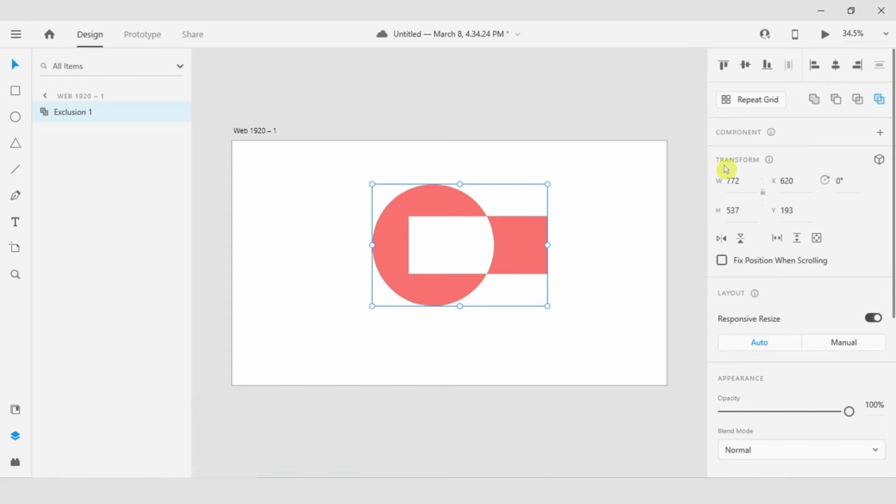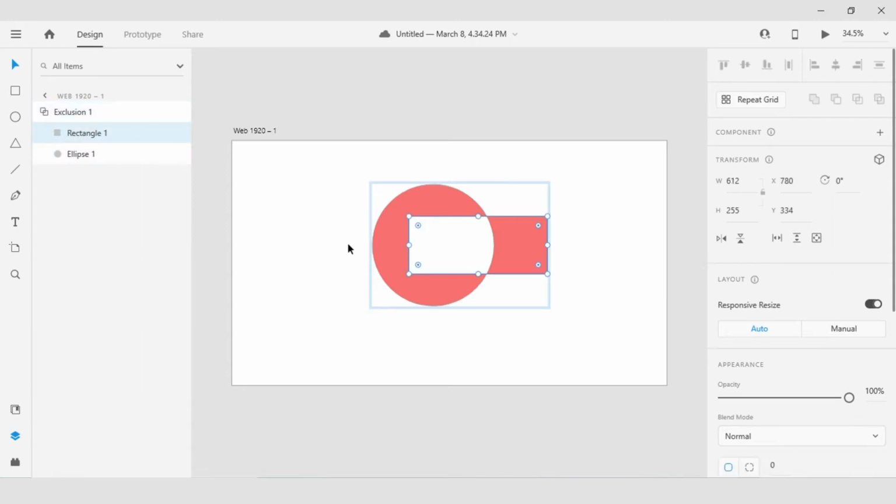Now the nice part about this implementation is it's non-destructive. What that means is I can come into my Boolean group. Notice in the layers panel they have been named automatically as a group. So the default name has been changed to let me know which operation was applied. I can override that with my own custom name, but I can also double click and get back inside the group and make changes.